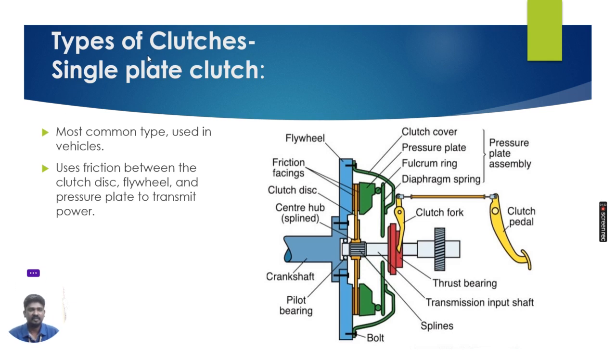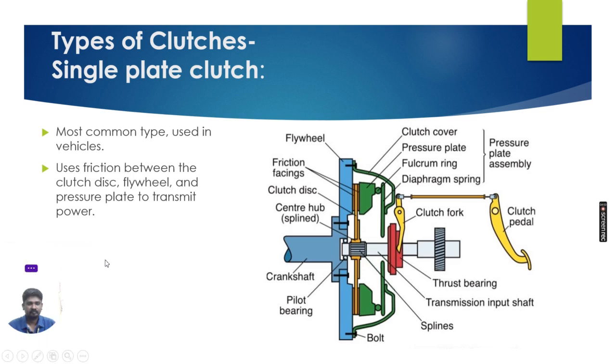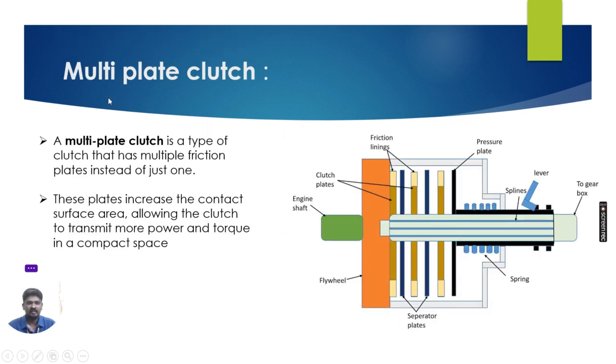Next are the types of clutches. First one is the single plate clutch. It is the most common type used in vehicles. It uses friction between the clutch disc, flywheel and the pressure plate to transmit power. Only one single pressure plate is applied in this clutch, so it is called a single plate clutch. Multiple